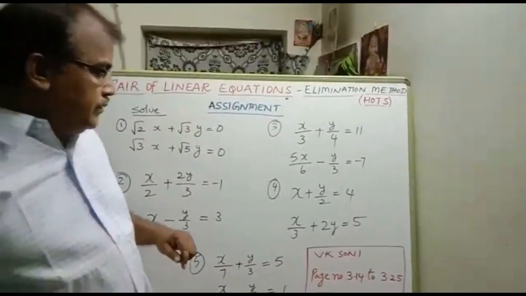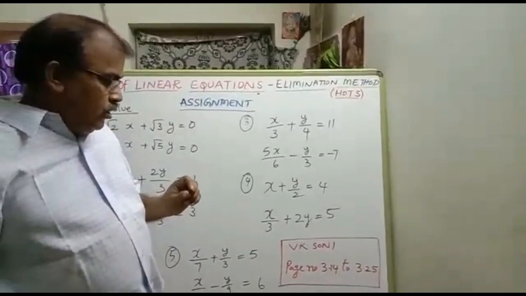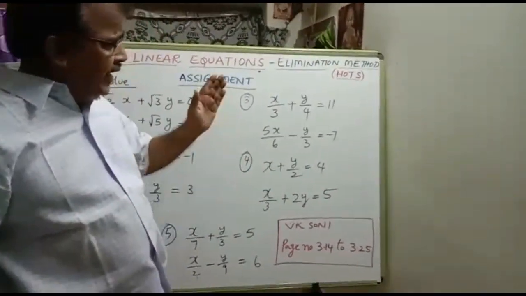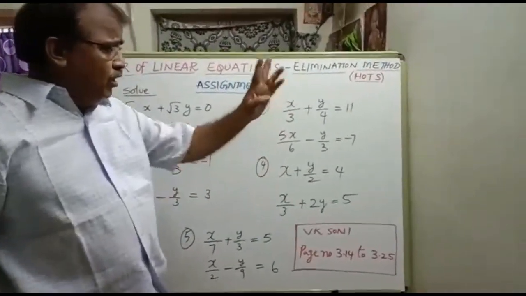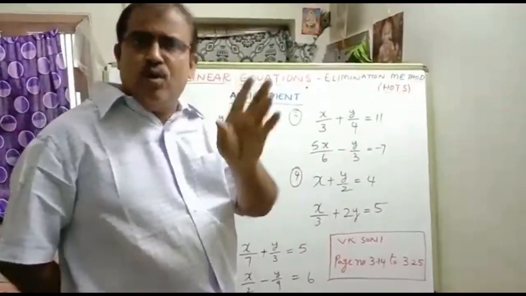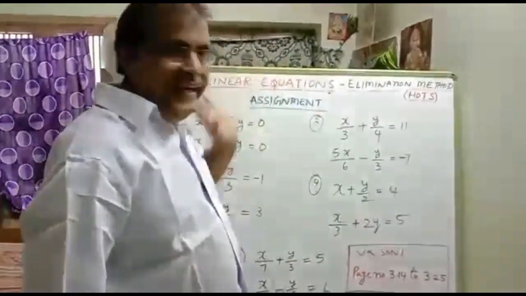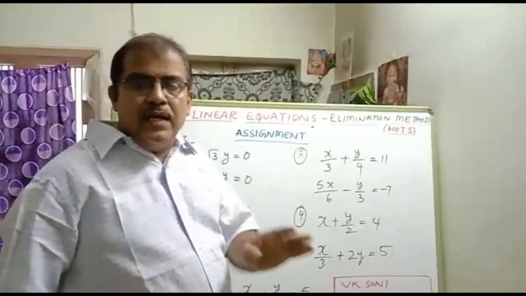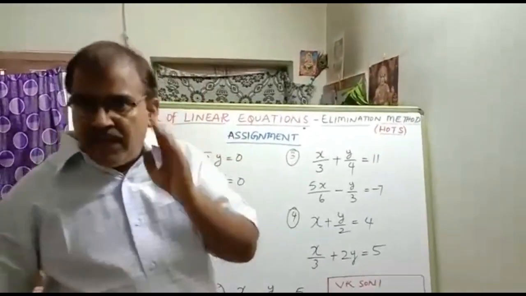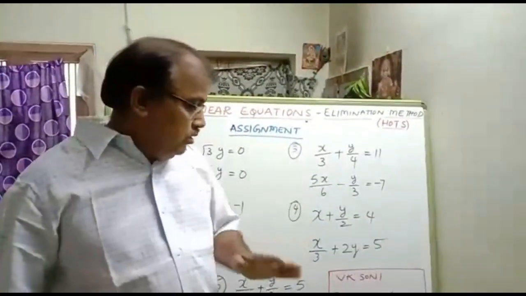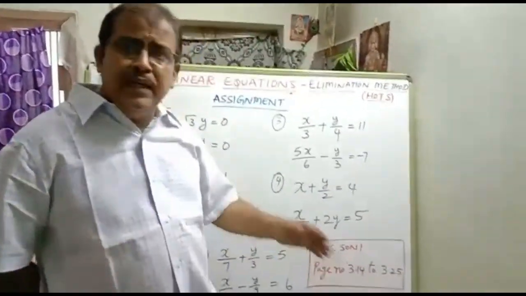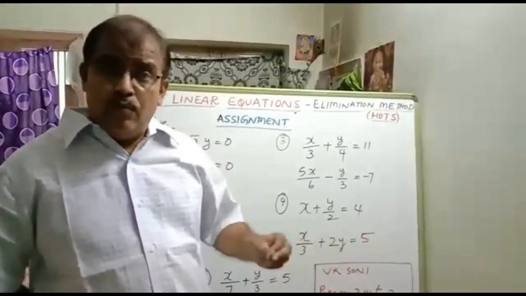One more important point. We already completed the substitution method and the elimination method almost, and two more models are there. All of this, take one rough book. If it is a 10 rupees rough book, no problem. Keep the lesson heading, and the methods are first algebraic methods. First one is substitution, second one is elimination, third one is cross multiplication. We still did not start cross multiplication, but we already completed substitution and elimination almost all over.